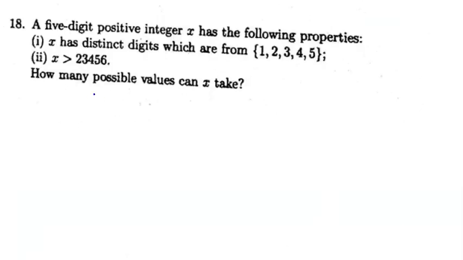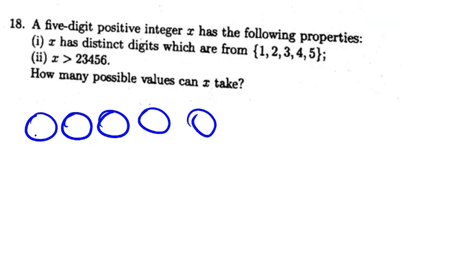For solving this problem, we say, okay, x has distinct digits from 1, 2, 3, 4, 5, and because x is greater than this, it should have 5 digits. Let's write 1, 2, 3, 4, 5. If the first digit is greater than 2, then definitely this number is greater than 23456. So it has 3 cases times 4 numbers left, 4 factorial, plus